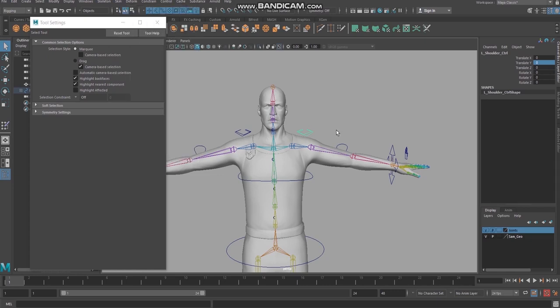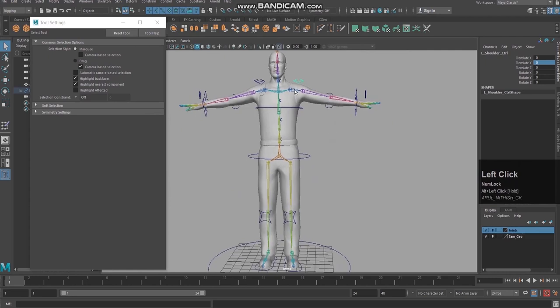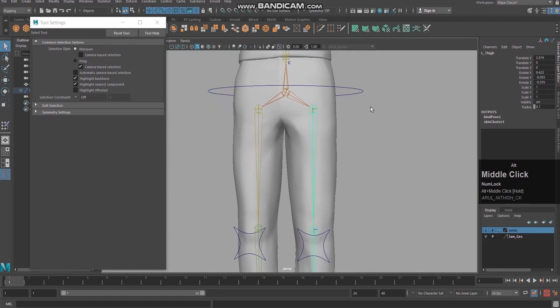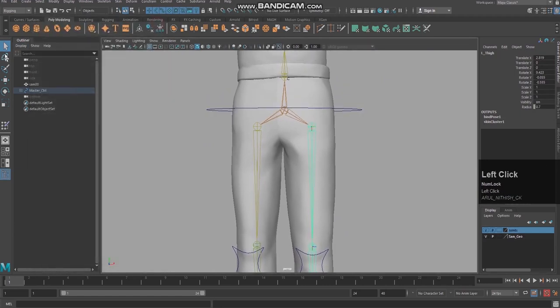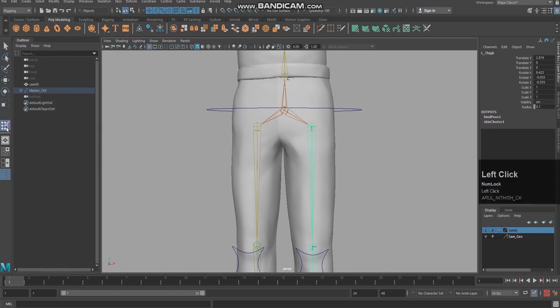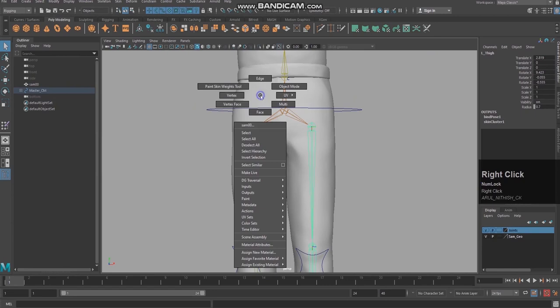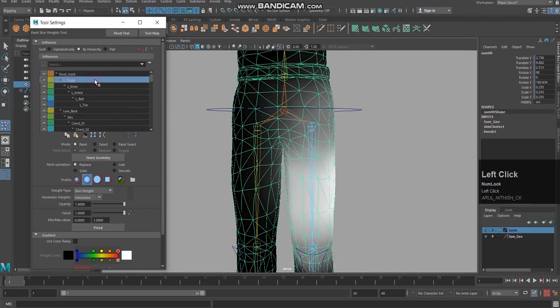Okay, before that we will see a little bit more things, like this is one example. Let us see the right thigh joint. I'm going to the paint skin weights tool and selecting the left thigh.